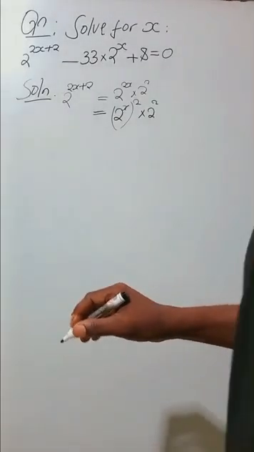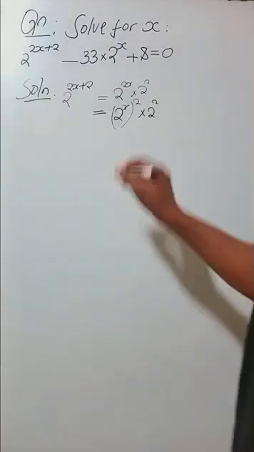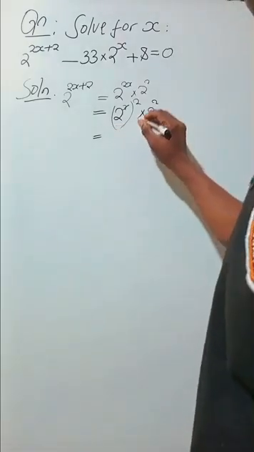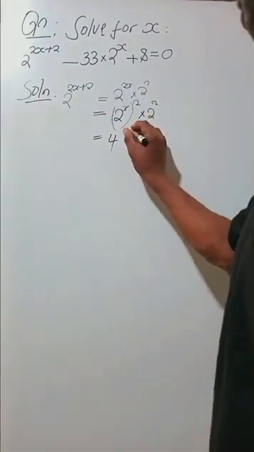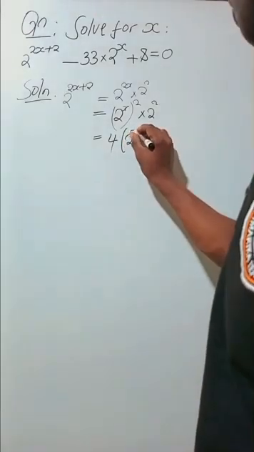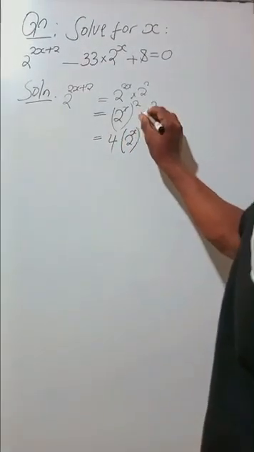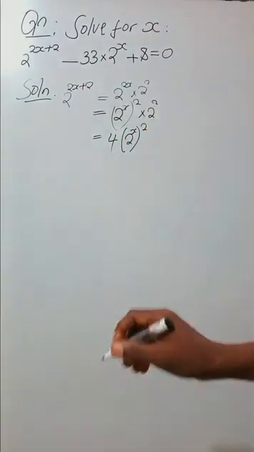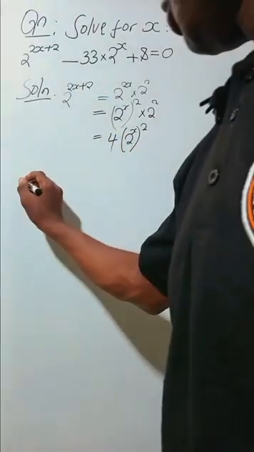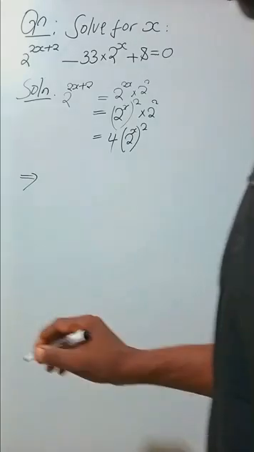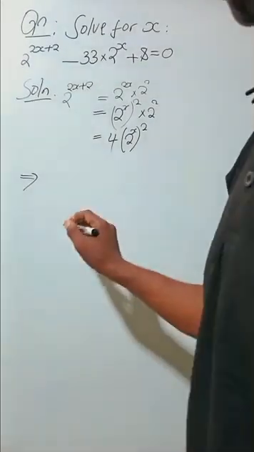You see this? Which will be equal to, 2 power 2 is the same as 4, so it will be 4 into bracket 2 raised to power x, then again power 2. So this one equals that. So now our new equation becomes